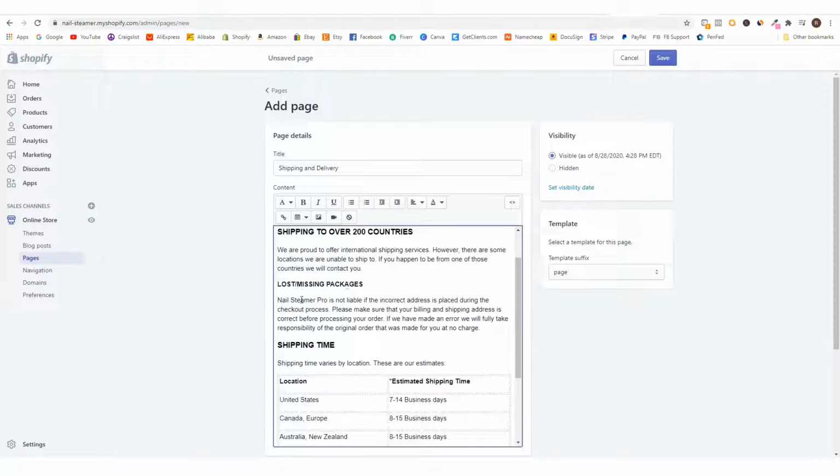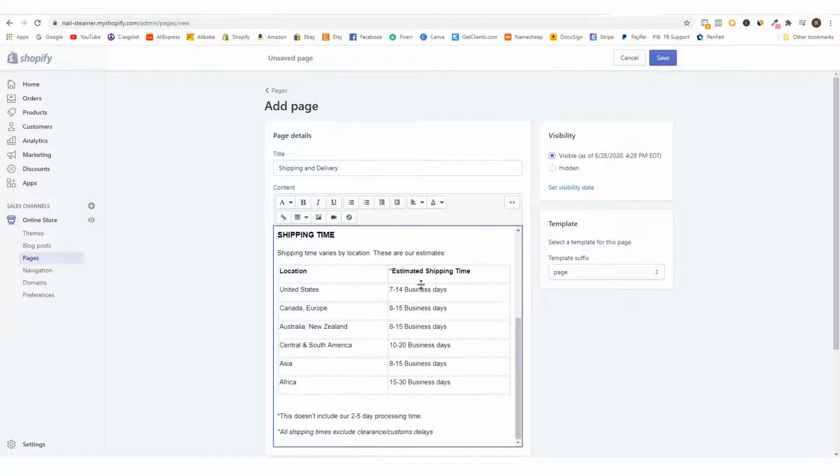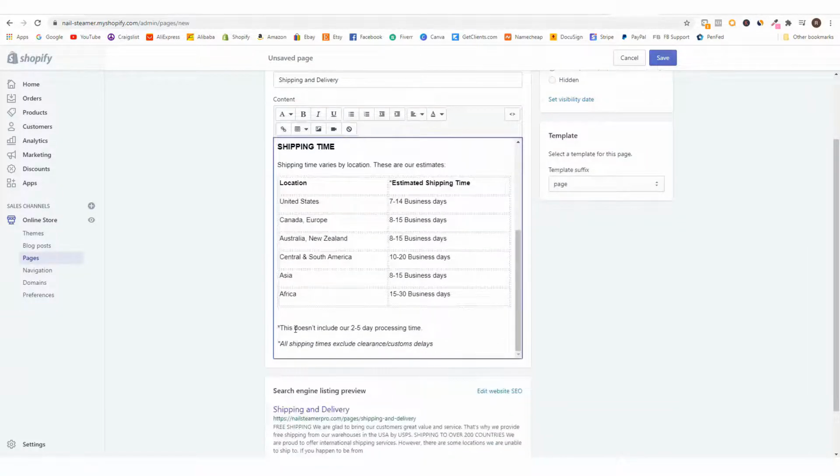Lost and missing packages. Nail Steamer Pro is not liable if the incorrect address is placed during the checkout process. Please make sure that your billing and shipping address is correct before processing your order. If we had made an error, we will fully take responsibility of the original order that was made for you at no charge. So these are shipping estimate times,